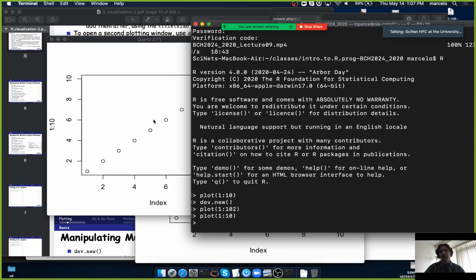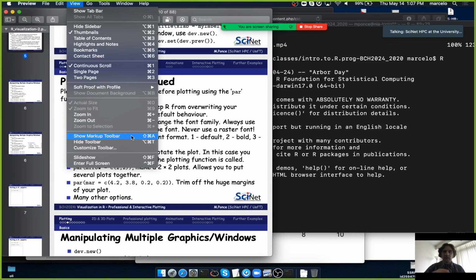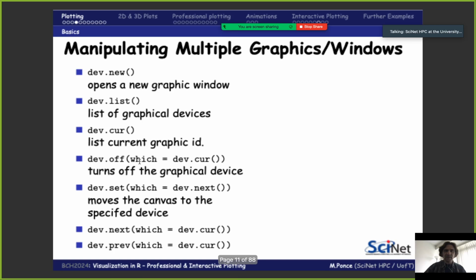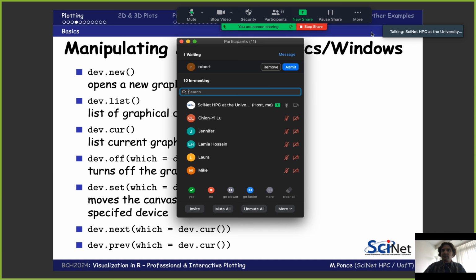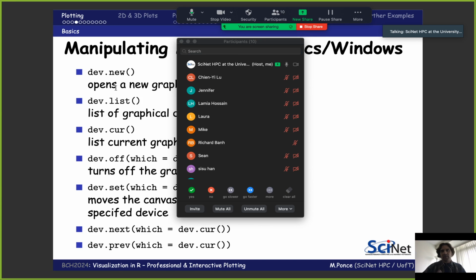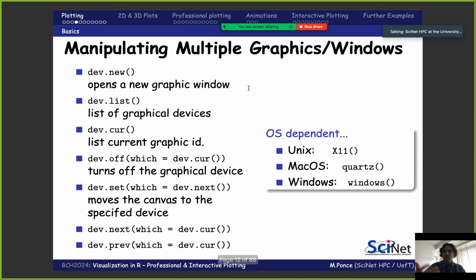The idea of popping up these windows is that in some cases, if you want to explore more data, it's useful to have a bunch of them sitting one next to the other, or however you want to arrange them. Now, the reason why I mention this is because depending on what operating system you are running, whether a Mac, a Windows machine or a Linux box, there are specific ways to handle this as well. If you're in Unix, you can use the X11 command. If you are in macOS, you can use the Quartz command, which is the window manager for these graphical entities. And in Windows, you can use windows.